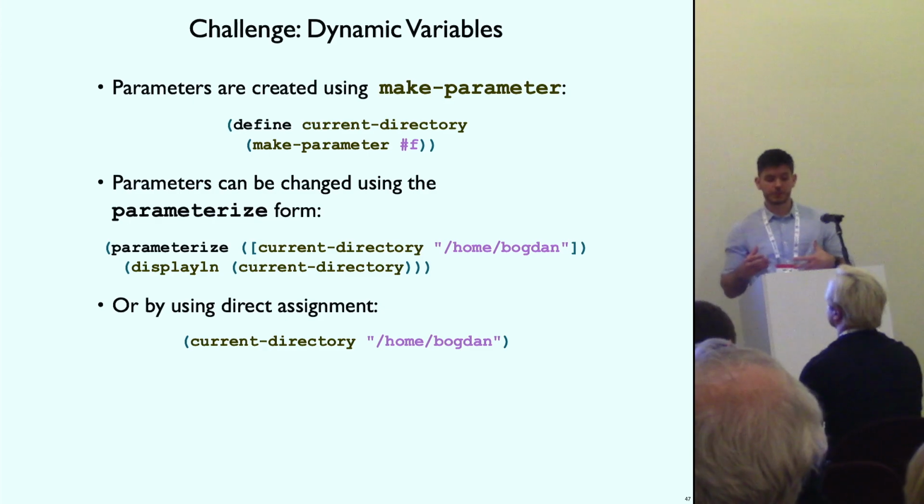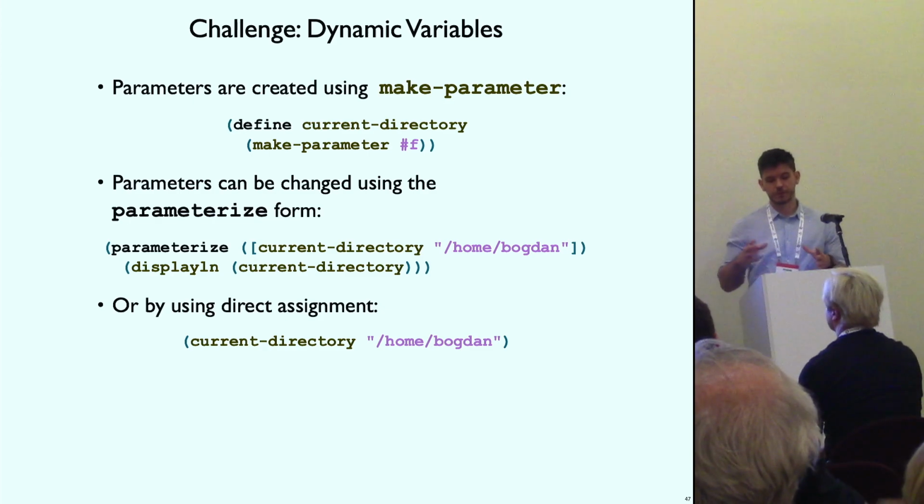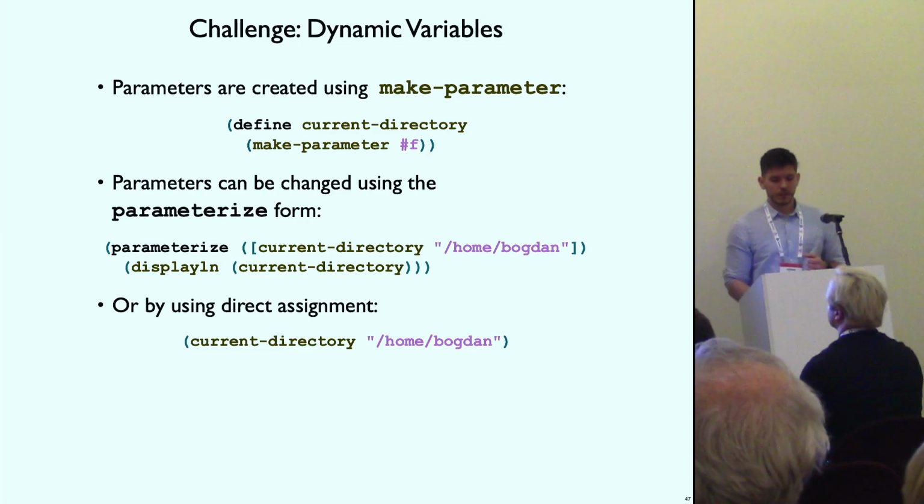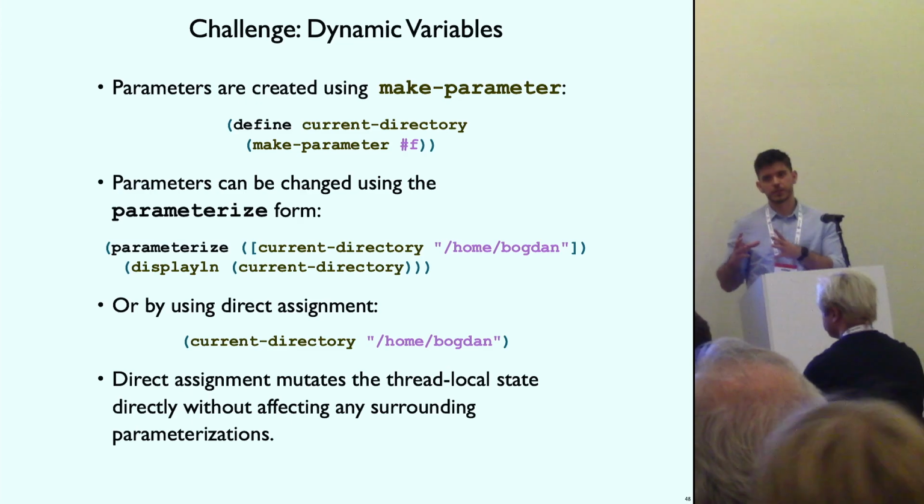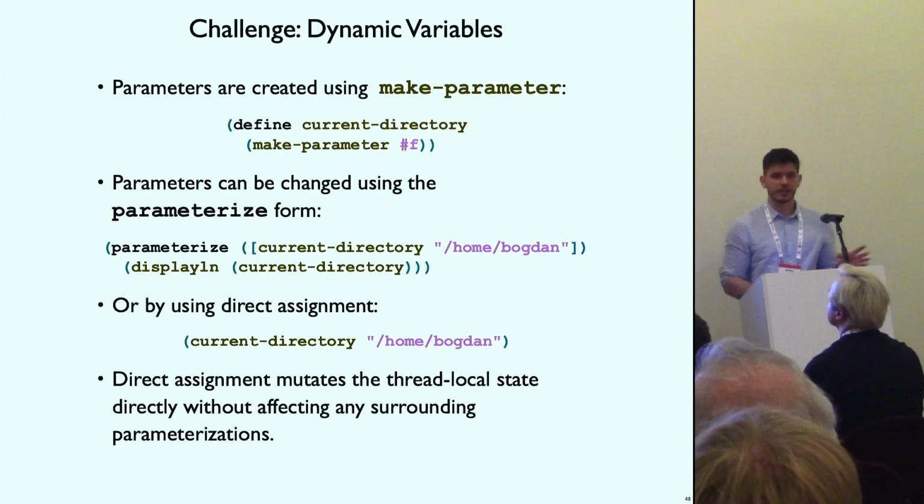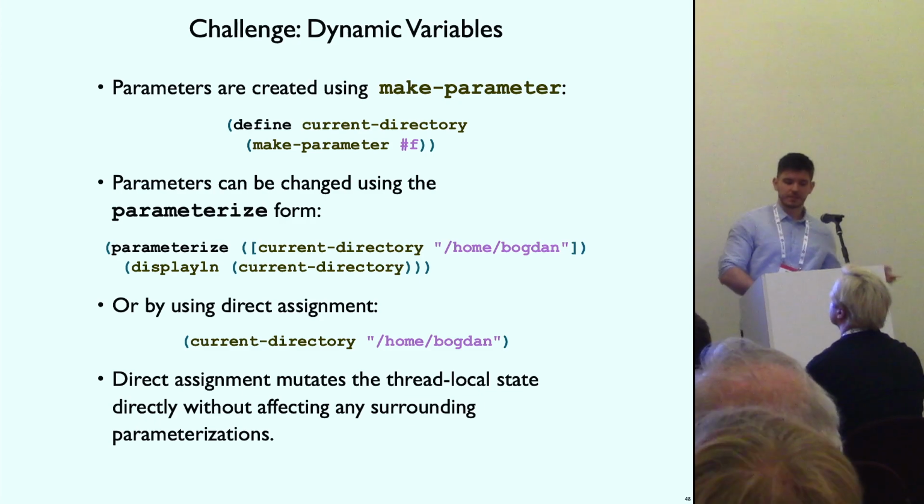Or they can be changed using direct assignment. And so if you call a parameter procedure with one argument, that changes the value of the parameter. But direct assignment mutates only thread-local state without affecting any surrounding parameterizations. And this becomes relevant